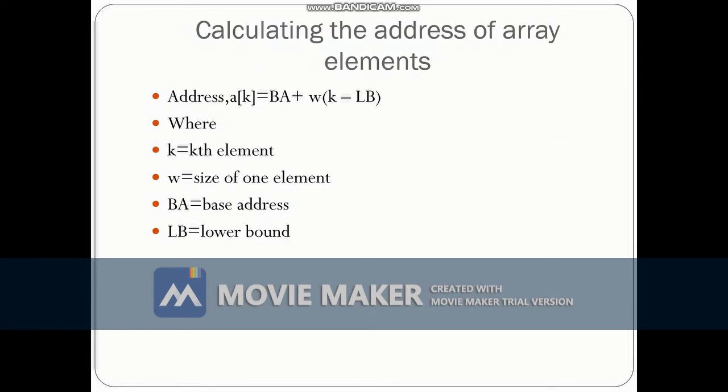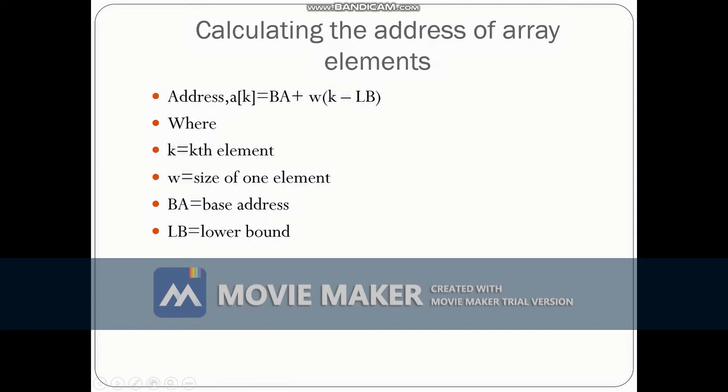Now we will see how we can calculate the address of array elements. So this is the formula. Suppose I want to find out the address of the element present in the kth index, A[k]. The formula is BA + w * (k - LB). K is the index of the kth element, w is the size of one element, BA is the base address, and LB is the lower bound.